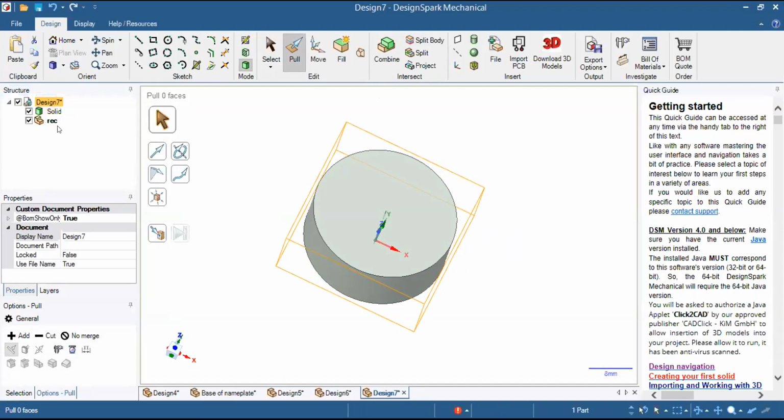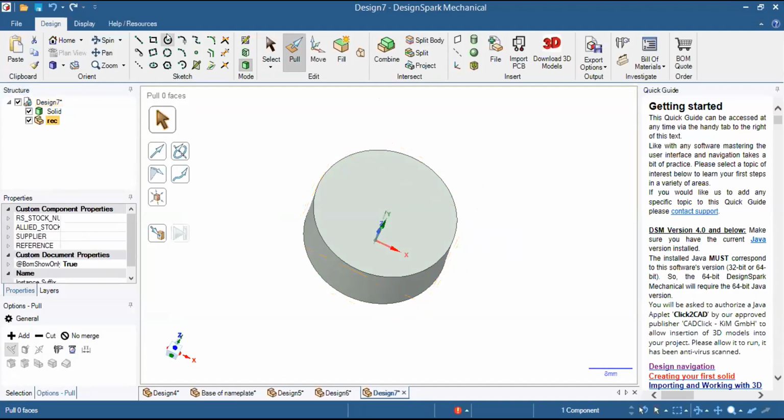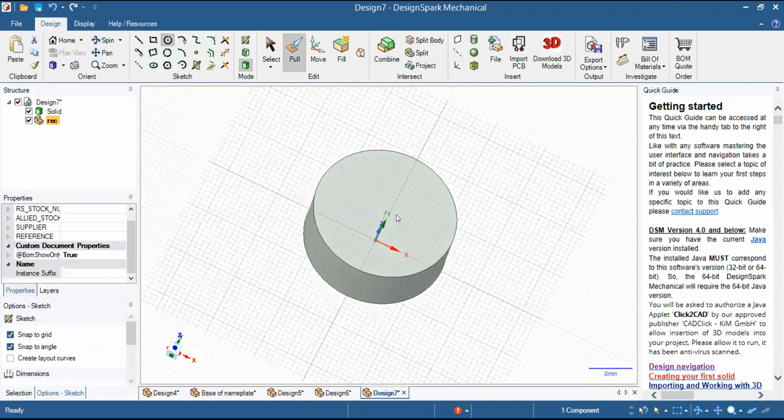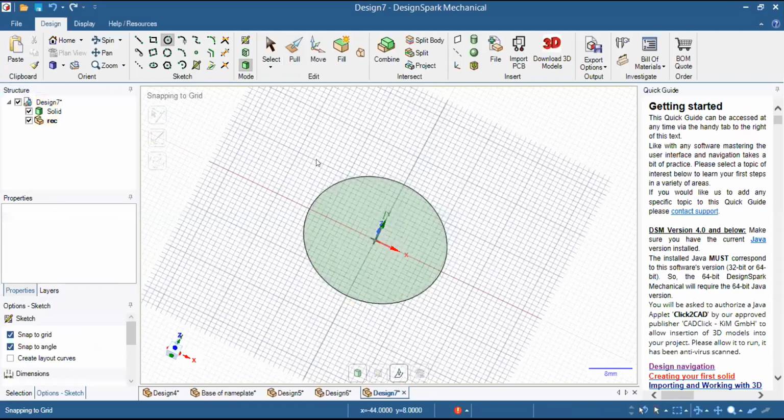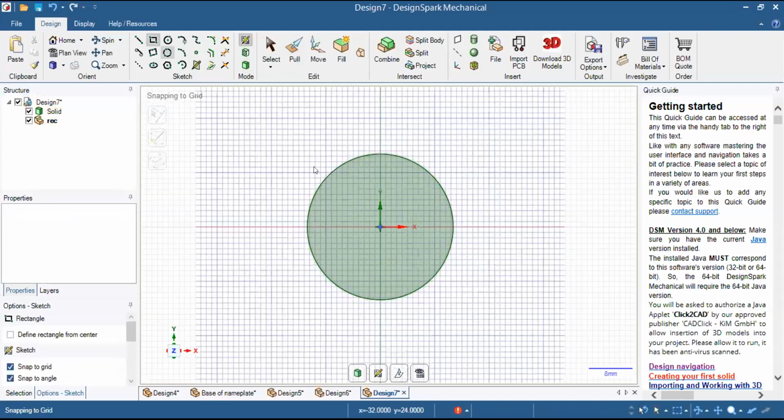We are going to sketch into this rectangular component. Let us say I add a new rectangle right here, and I'm going to convert it into 3D.